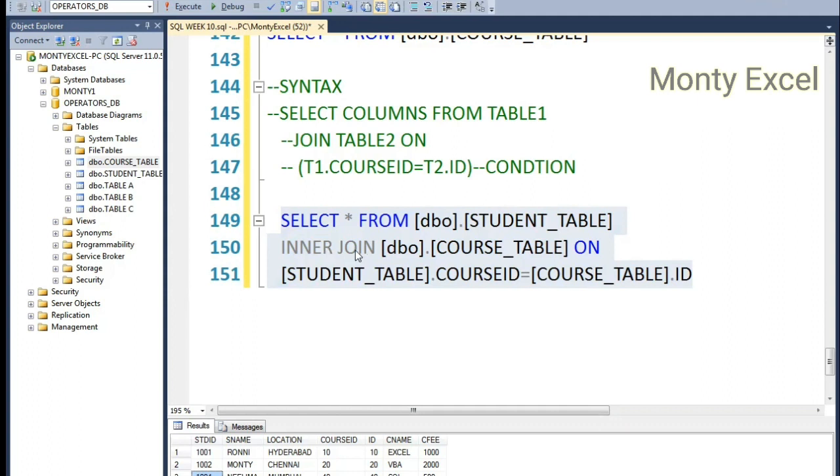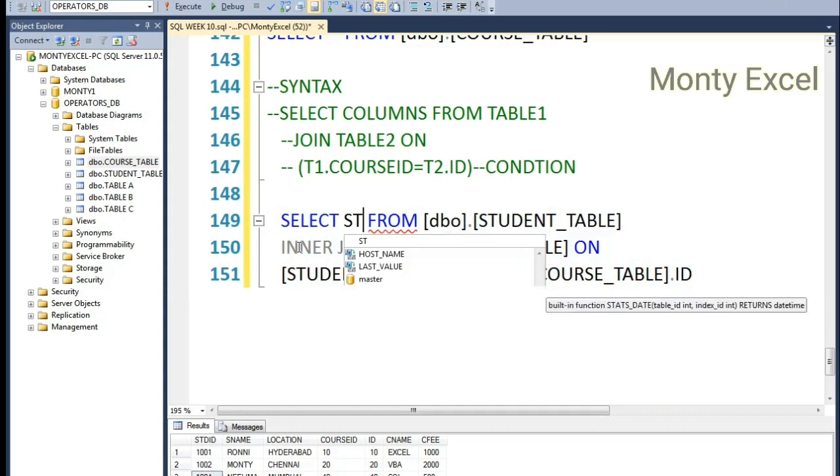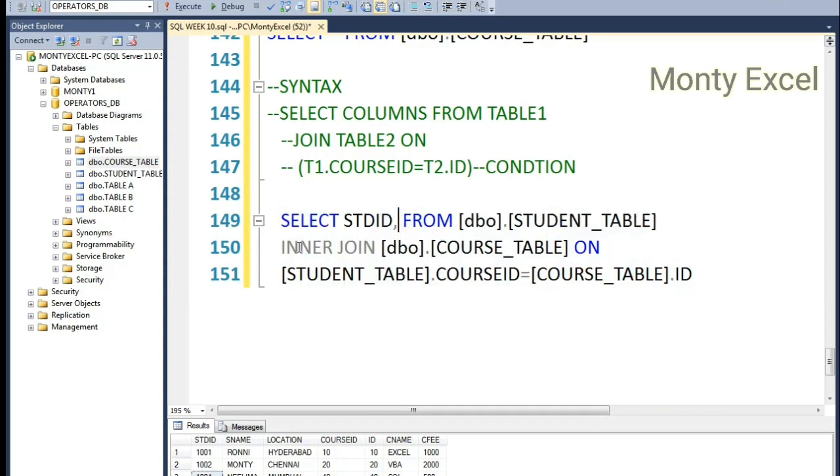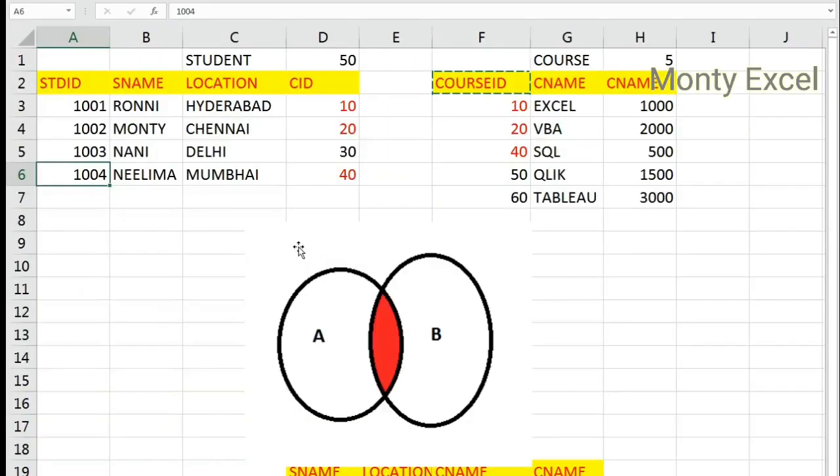So how are you going to specify that? In the star, remove that. The very same old select from which table you're talking about, student. So what are the columns we have in the student table? We have student ID. Okay, maybe I require std ID. Then I want to say comma. Then we have something called s name. Okay, s name. Then from the second table, I want the